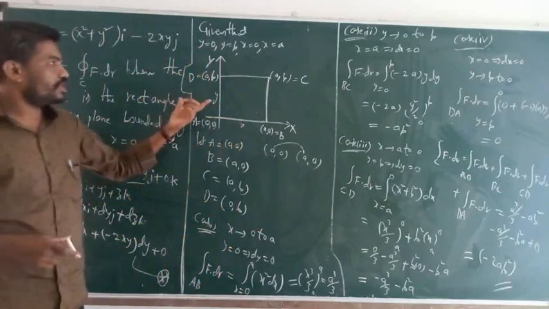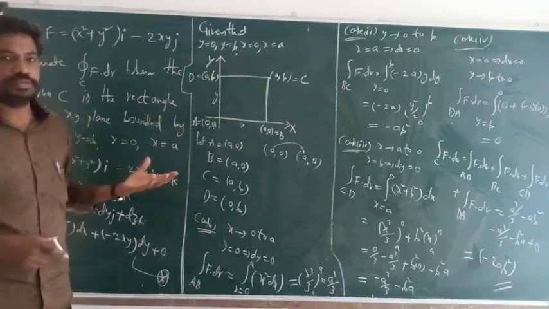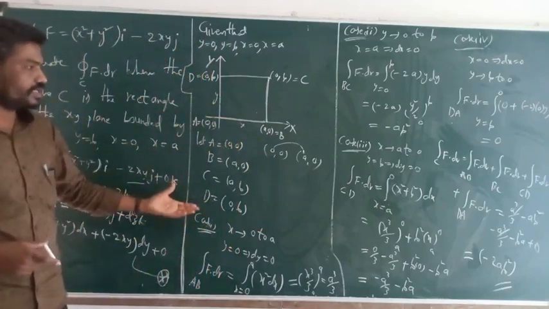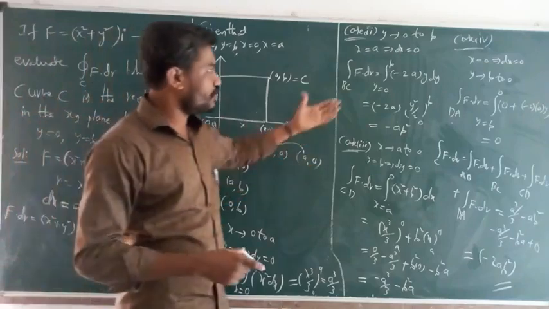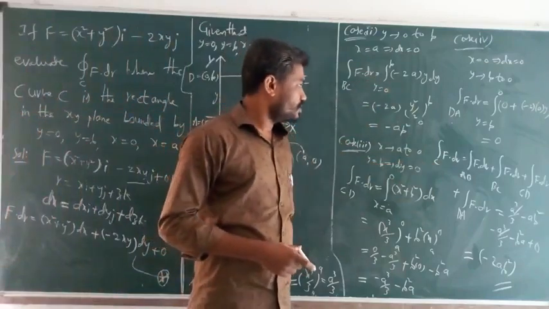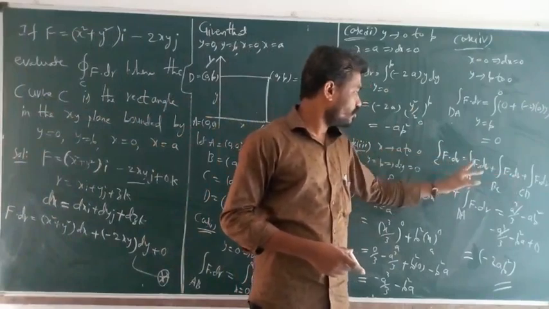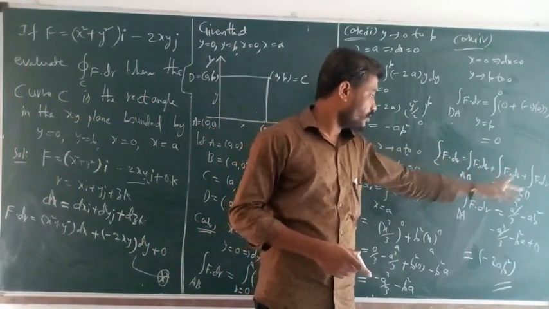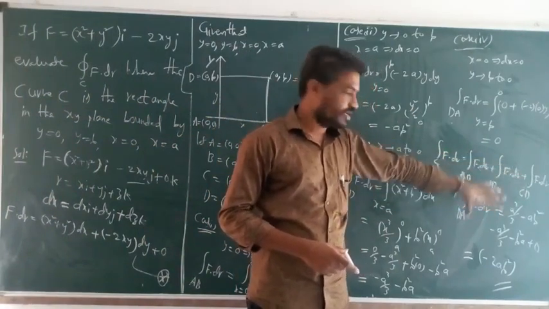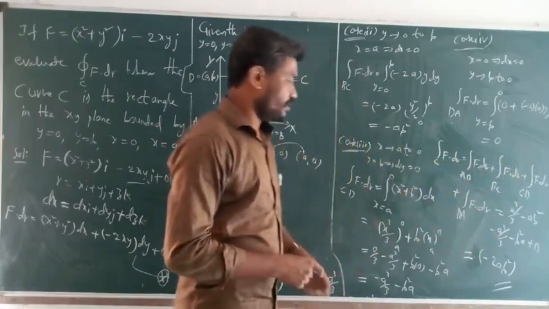Main thing is the diagram, and you assume the correct limits and also apply the integration formulas, and find out the total answer, and substitute this total of 4 parts. So total F dot dr equals part 1, part 2, part 3, part 4, where you substitute each case and find the integration process, that is minus